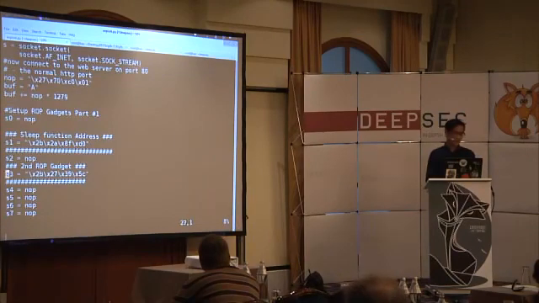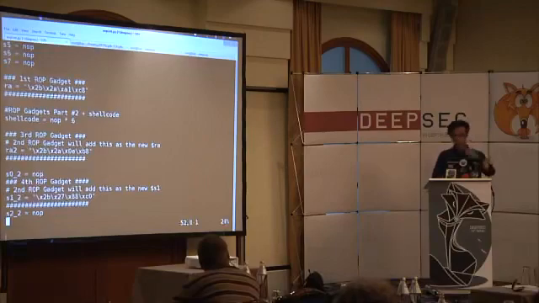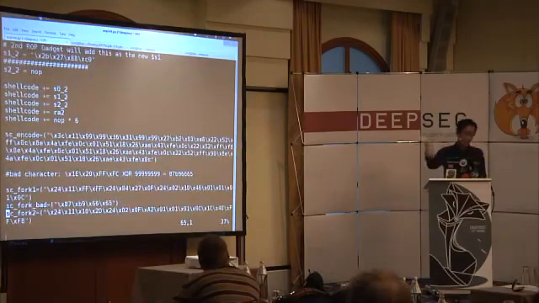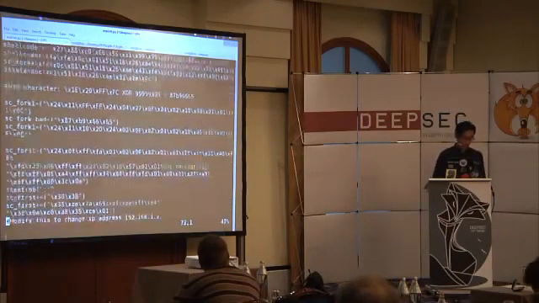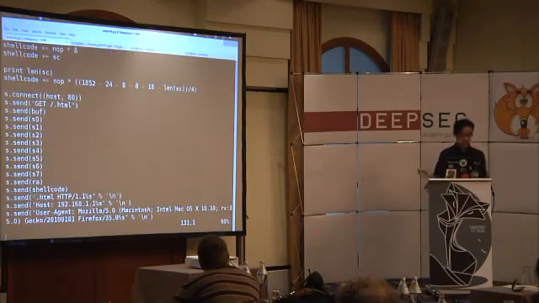And S3 is the second ROP gadget which we can use to jump back to stack. Yep, and other things that we have explained that I'm using. The exploit's a bit messy. So basically what I'm doing here is setting the registers, putting my encoder in, and running my shellcode.